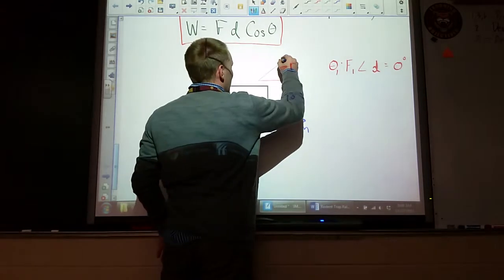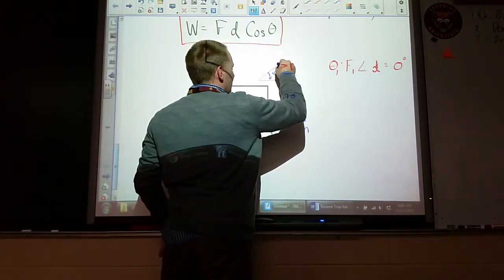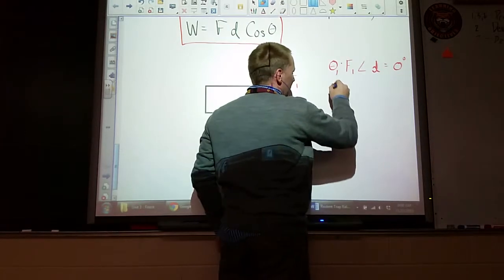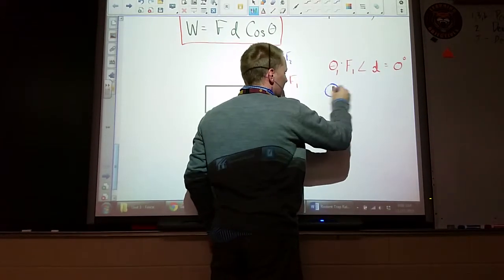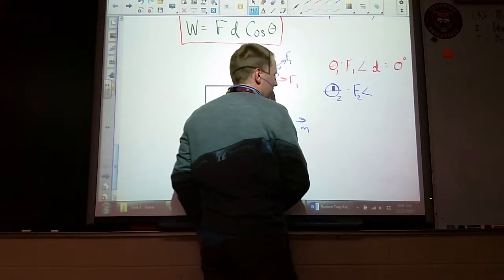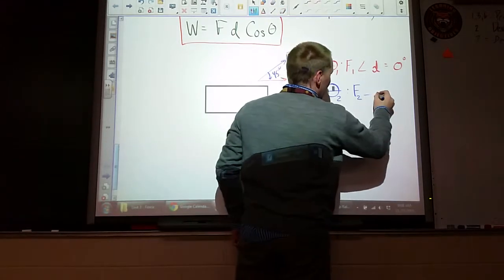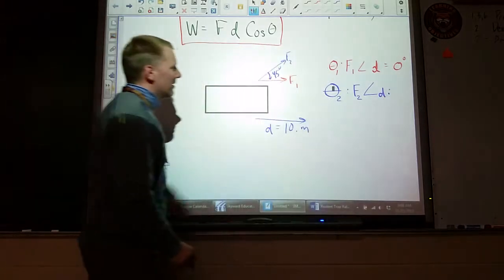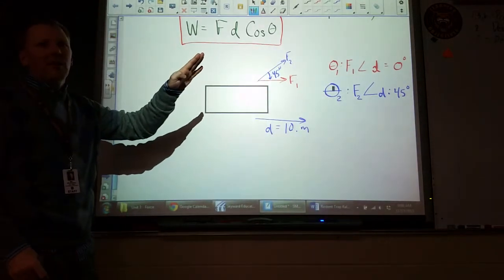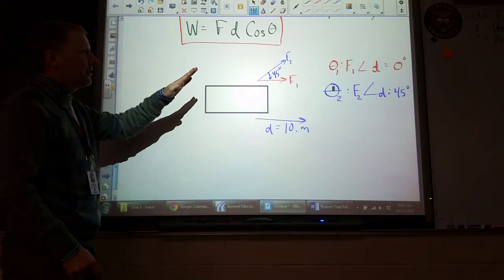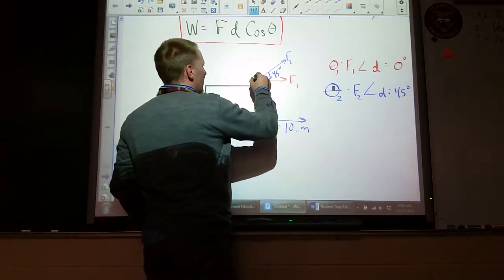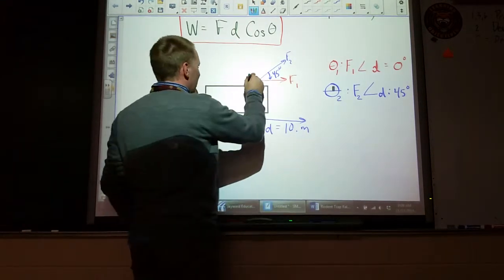If we took a force 2, 45 degrees out, then theta 2, which is the angle between F2 and D, that's 45. So we saw that it did a little over half of the work, something like that. Now, what if we took, and we still have our object moving this way,